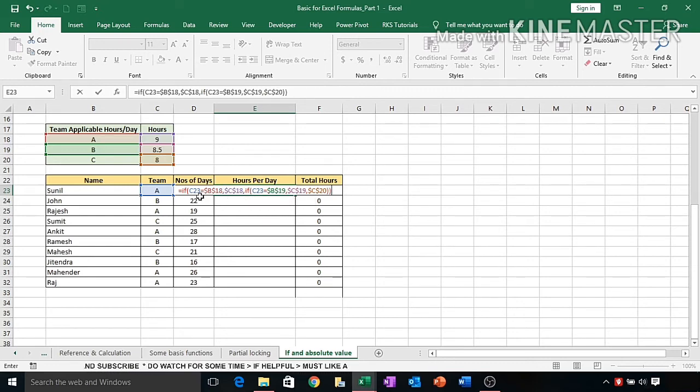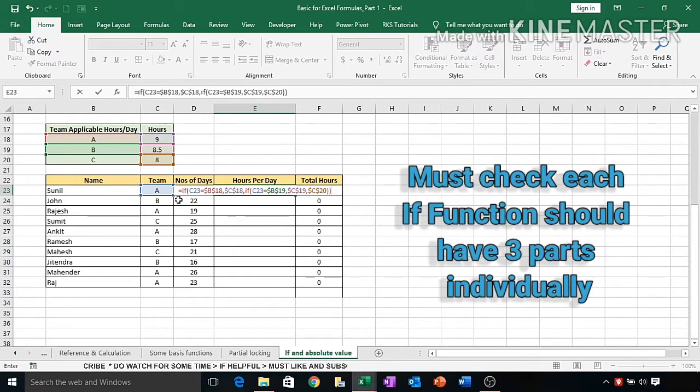Now let us understand the formula again. If this value is equal to A, meaning the person belongs to team A, then 9 hours. If it belongs to team B, then 8.5 hours. If it does not belong to either team, then 8 hours.